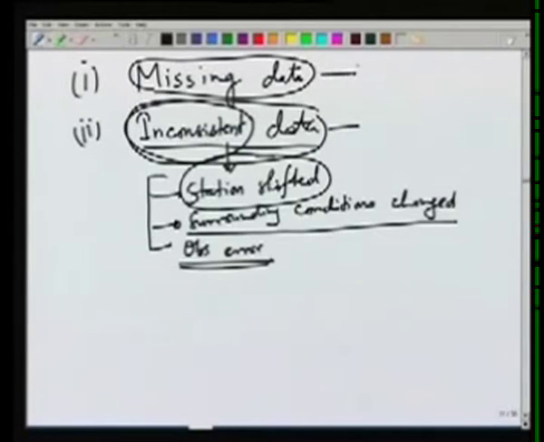So we need to either fill in the missing data or we need to correct the inconsistent data. So there are methods for correcting the inconsistency or filling in the missing data. For missing data,